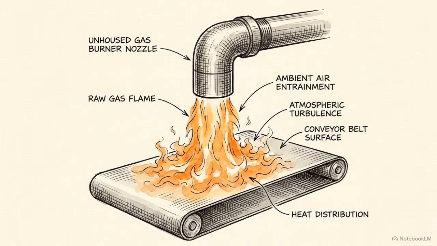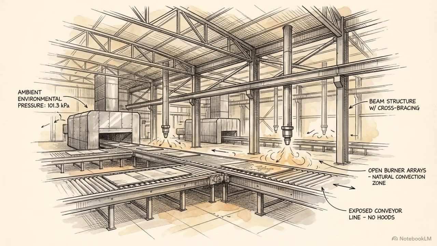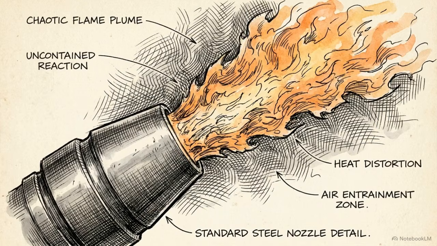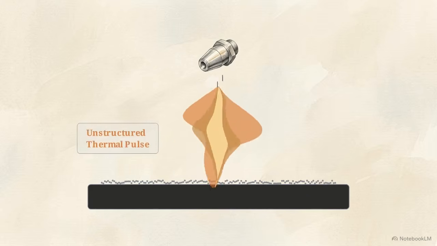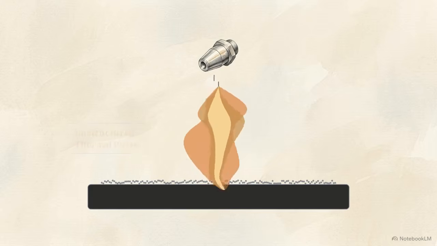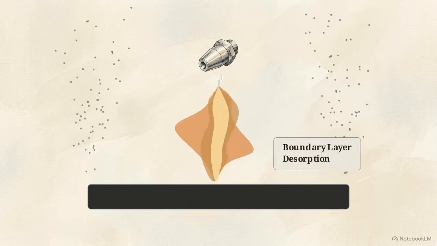The most basic architecture is the atmospheric, or open burner. These systems operate entirely at ambient environmental pressure. They work by forcing fuel through a nozzle, which naturally entrains the surrounding ambient air to form a free, open flame jet. As visualized in this diagram of an atmospheric nozzle, the chaotic entrainment of ambient air and fuel creates an unstructured thermal pulse. This rapid flash of heat and radicals is enough to desorb weak boundary layers off the